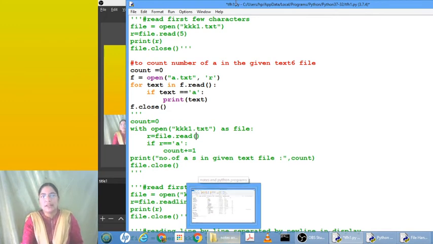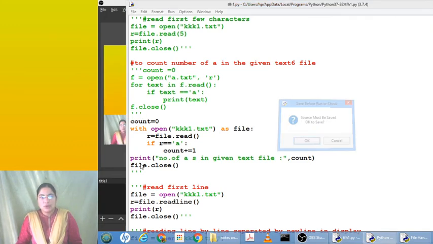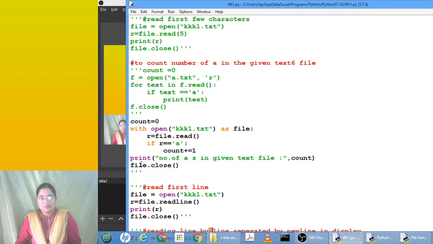What is the first character? Always it is W only. So it is never matching with A, and the count it displays is 0 only. But we wanted to count the number of A's throughout the text file, right? So then what do we do? We will read. What is the syntax here?